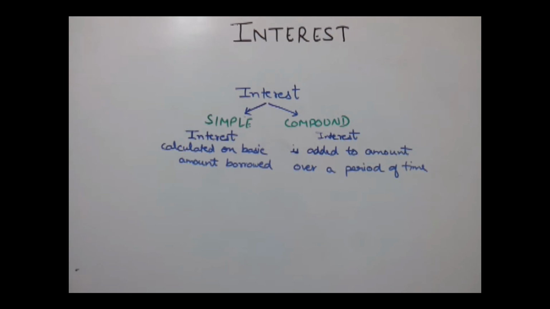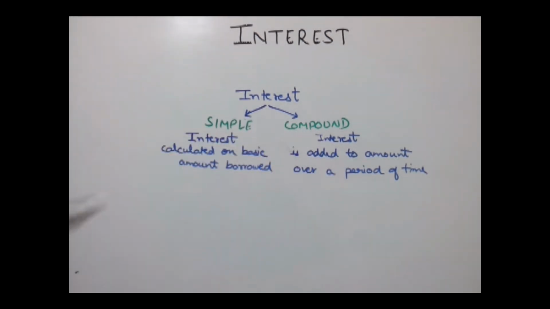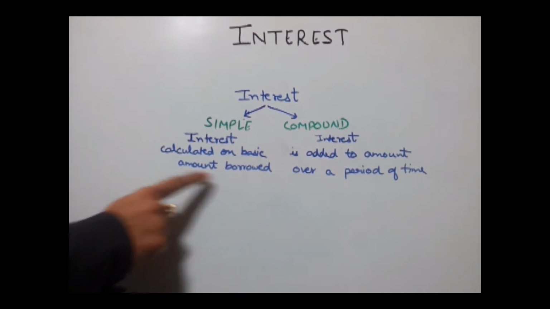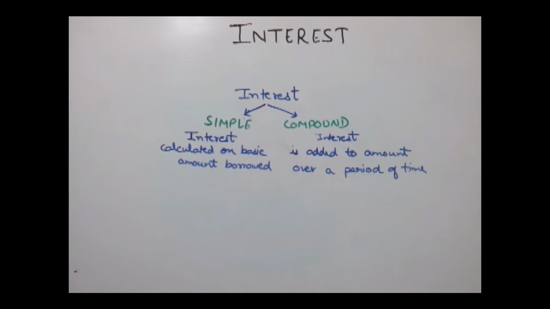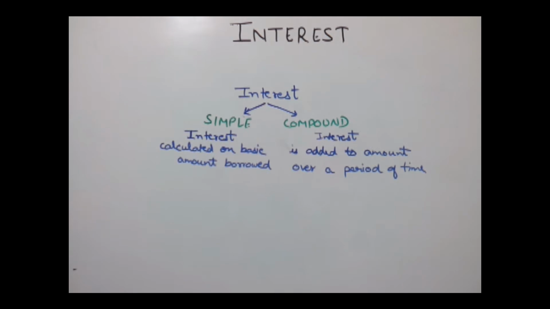There are basically two types of interest, which are simple interest and compound interest. Simple interest, as the name says, is interest that is calculated on the basic amount. Say for example, if you took ₹1000 from anyone at 10% interest for 4 years, each year you would be paying interest on that 1000 rupees. That is, each year you have to pay only 100 rupees. Whereas in the case of compound interest, if you have taken 1000 rupees, then its interest would be added to the next year and that will become the amount for that year.